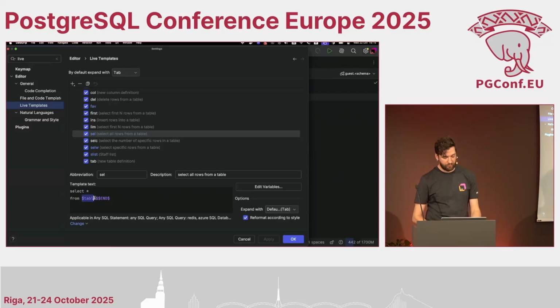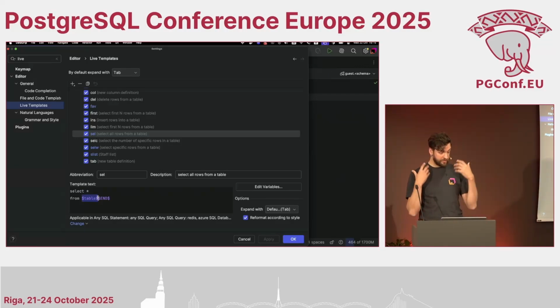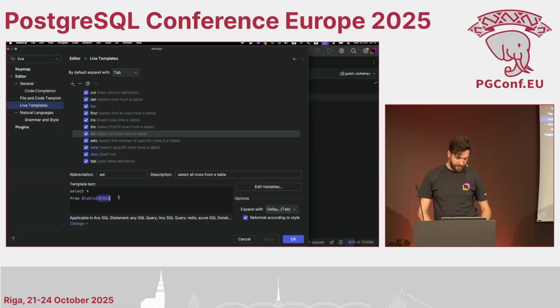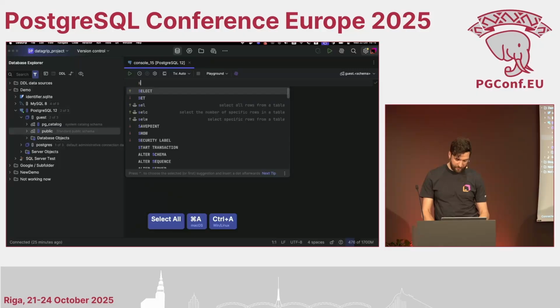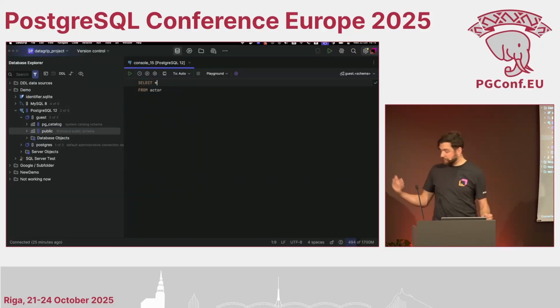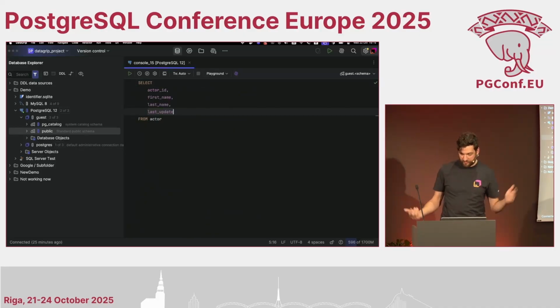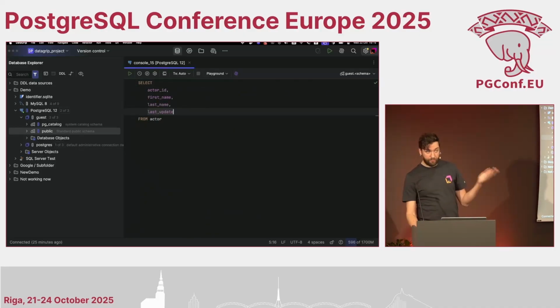So table is the placeholder for table. Code completion actually understands that it needs to provide you the table list. And the end is, for example, the caret placement, right? So I can put the caret just after the wildcard, press OK, and what happens afterwards? My caret is placed just after the wildcard. Why it can be useful, you can press Alt-Enter, expand column list, and get all the columns expanded. Alt-Enter is one of the most important shortcuts in JetBrains IDEs. It always gives you